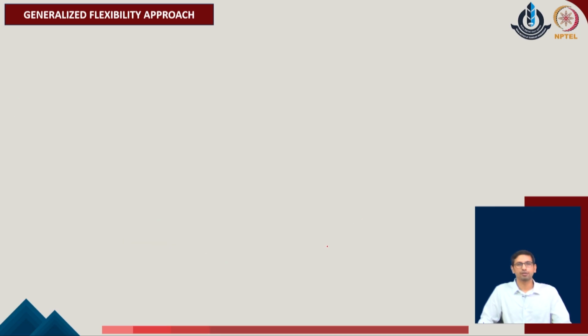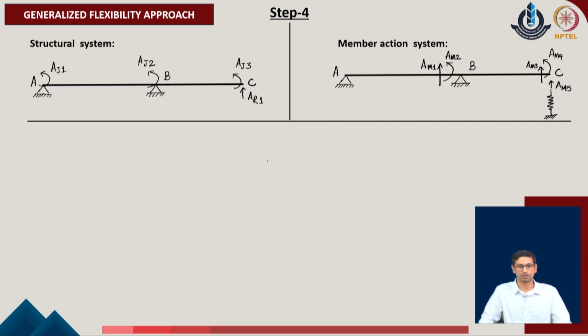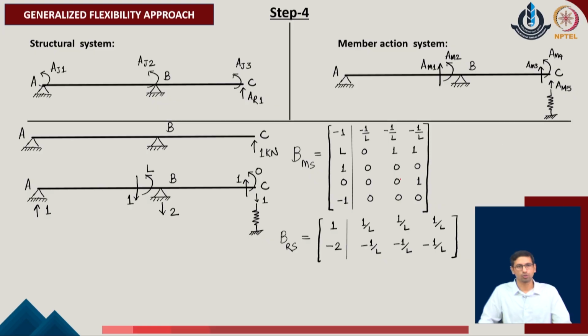So, to evaluate it, we come up with a simplistic procedure. We define the structural system which has all these 4 components, and then we have the member system in which we have all these 5 components identified, and now we understand that one by one we release each of these structural components and calculate the member forces corresponding to that. To do so, we will first evaluate the A of r, released in the given problem with the unit value, and calculate all the forces A of m 1 to A of m 5 in the given system. This gives us the value of B M S or the action transformation matrix in the given system.